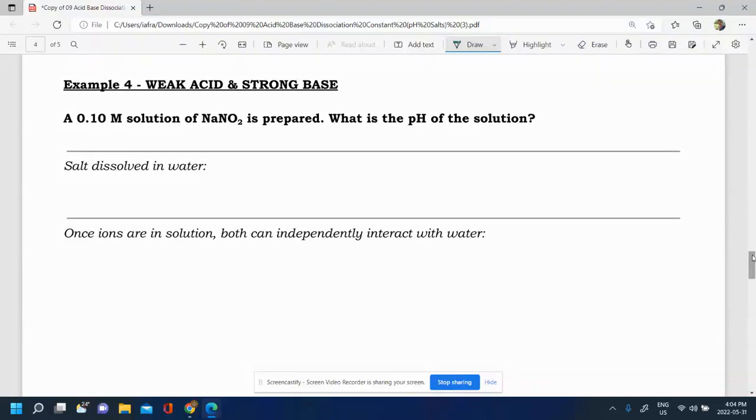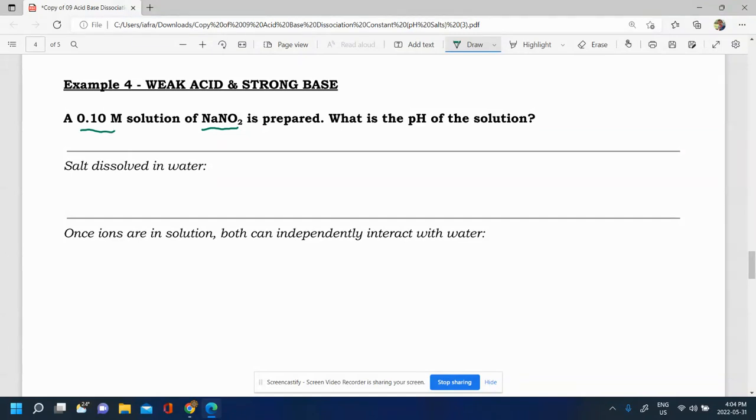In this video, we're going to take a look at what the pH of a salt from a weak acid and strong base will be. The same steps will be followed for the first few steps, and after that there are a couple of extra steps that are different from the previous example, but it's all the same thing. So here we have a salt, and we want to know what the pH of this salt is going to be